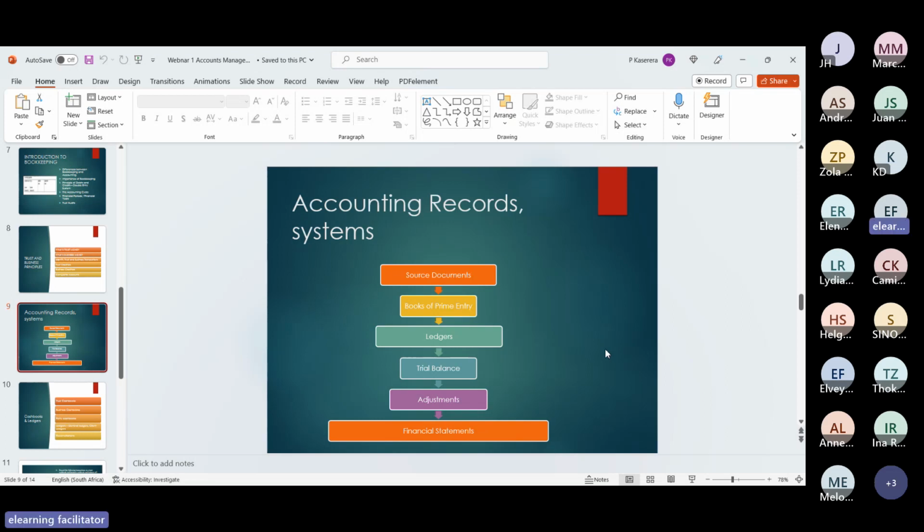We always start with our source documents. Source documents are very crucial, very important. When you receive your